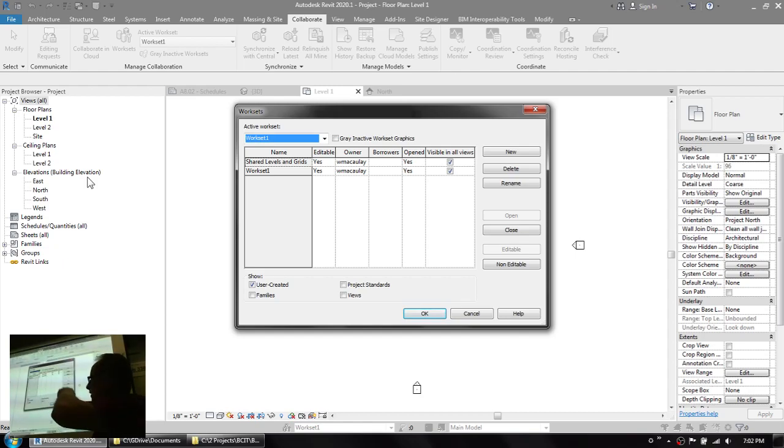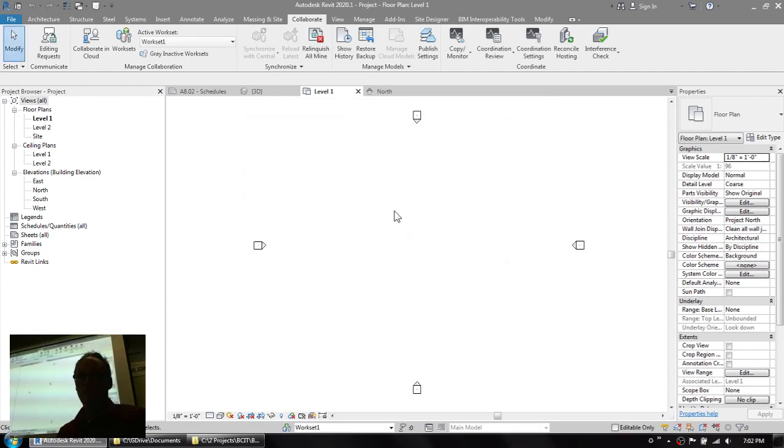Once you hit the collaborate button, the next save that you make after you've hit the collaborate button, whether or not you've gone into the work sets dialog box after hitting the collaborate button, the next save after that creates a central file. So that is step 3. So what we would do in that case is the next save of the files, make sure that this document